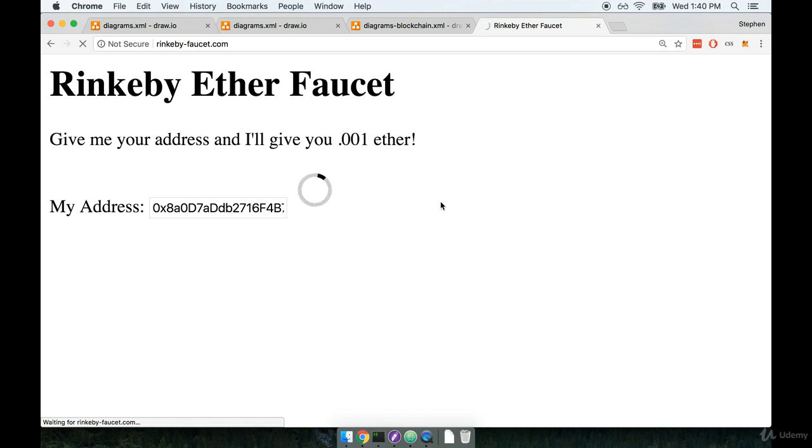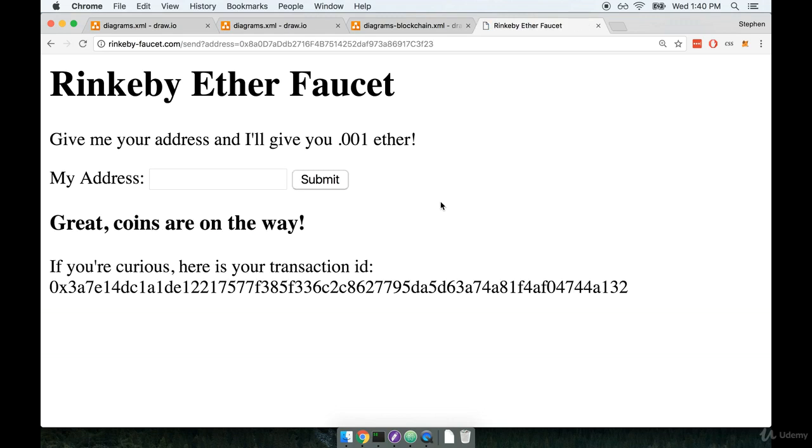I've got a quick question for you while we're waiting for this. Did you expect the transfer of coins here to be instantaneous? Or did you expect it to take some amount of time? It clearly is taking some amount of time here, and I find that kind of interesting. The fact that it takes some amount of time to send money from account A to account B is a very interesting fact of how Ethereum works. And that's going to play in directly to some of the nitty-gritty details that we're going to dive into in just a minute. So after about 30 seconds or so, we'll see a message that pops up that says,